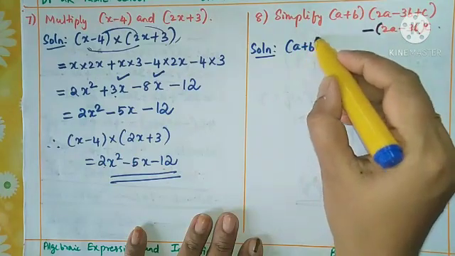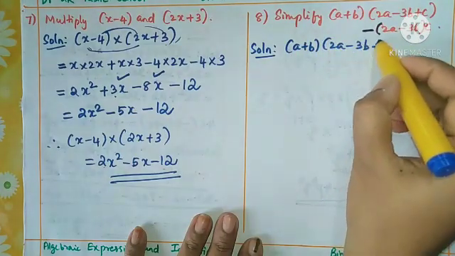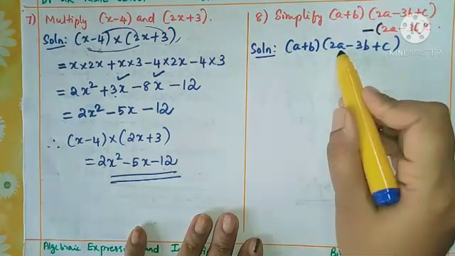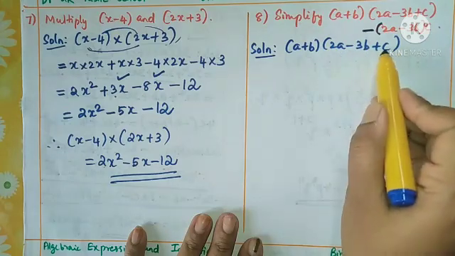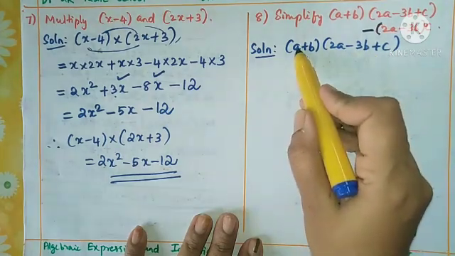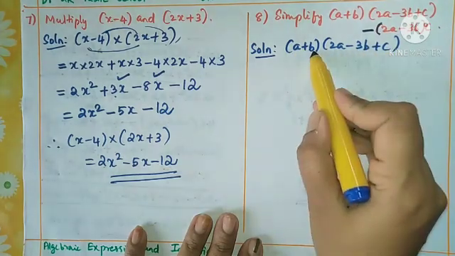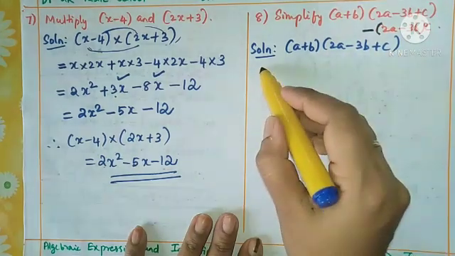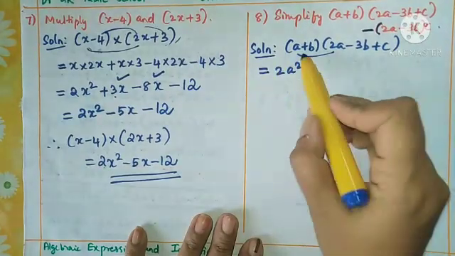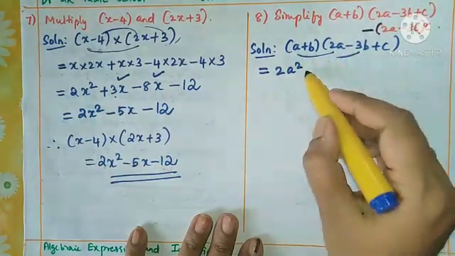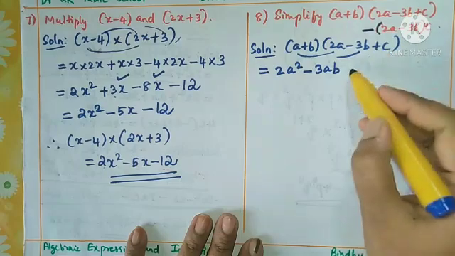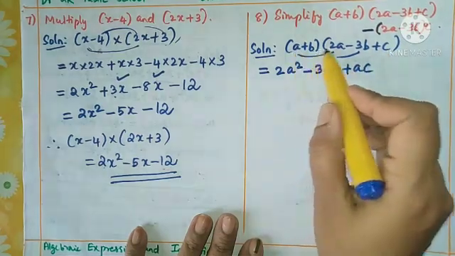Okay. So solution, write the first expression here. A plus b into 2a minus 3b plus c. Okay. So here you see a plus b two terms, binomial. And here 1, 2, 3 terms, trinomial. So binomial multiplied by trinomial. What you do? You want to multiply first a with the 3 terms. Then second b with the 3 terms. So that is equal to first a into 2a. What is that? 2a square. Then a into minus 3b. That is minus 3ab. Then a into c. That is ac. So first a by 3 terms over.